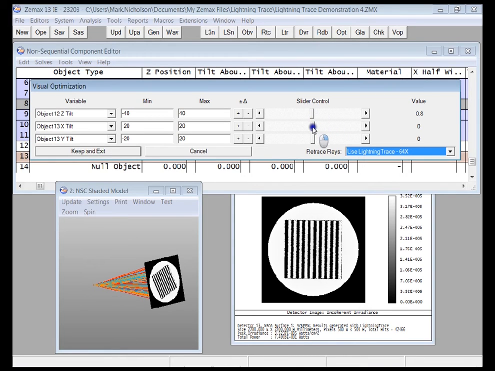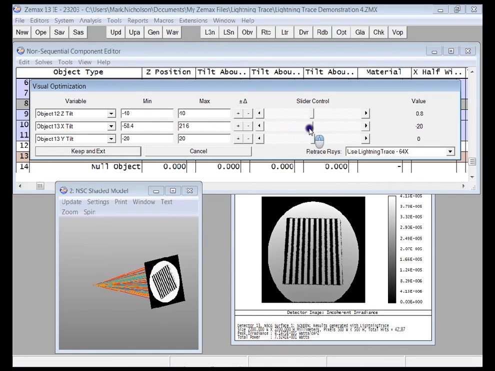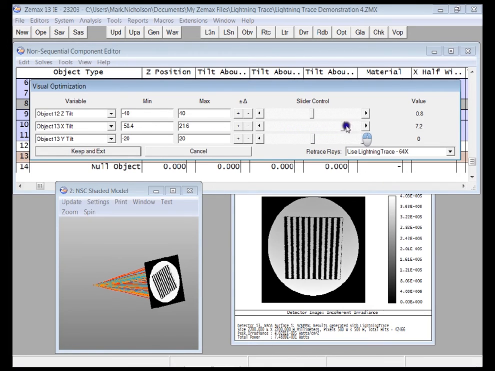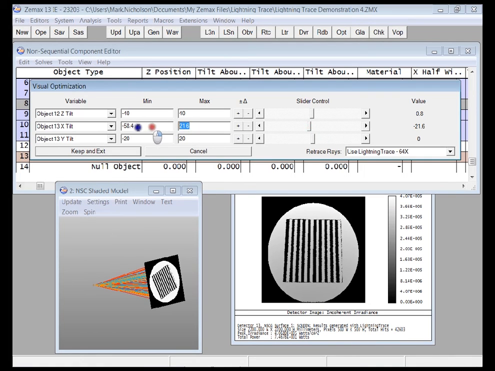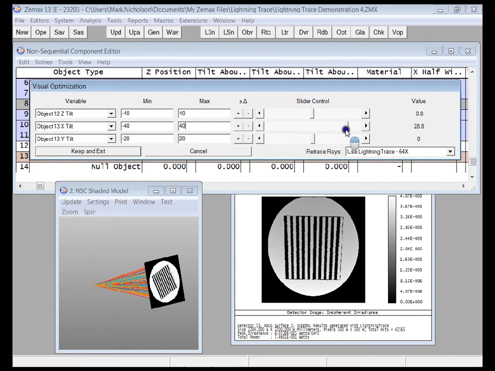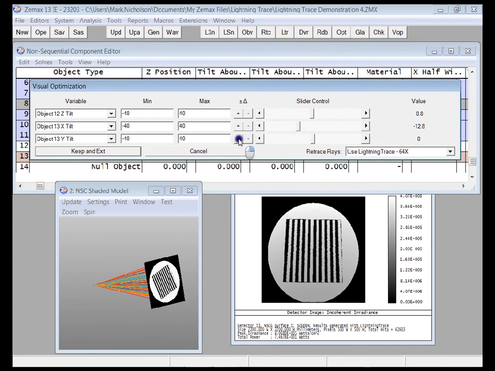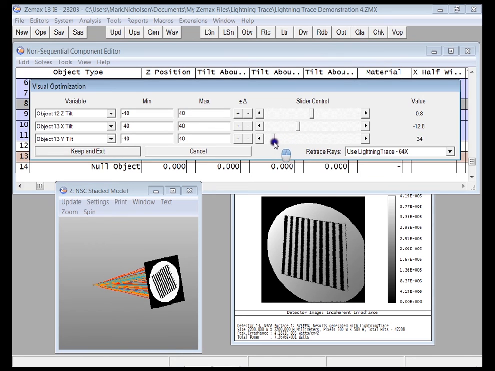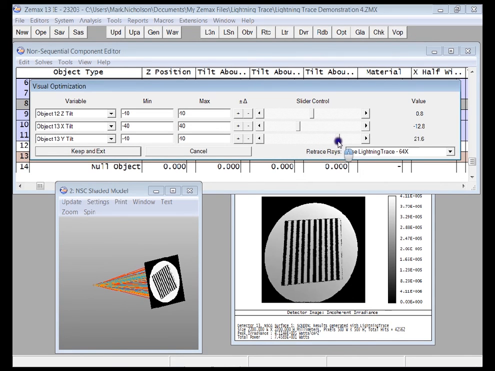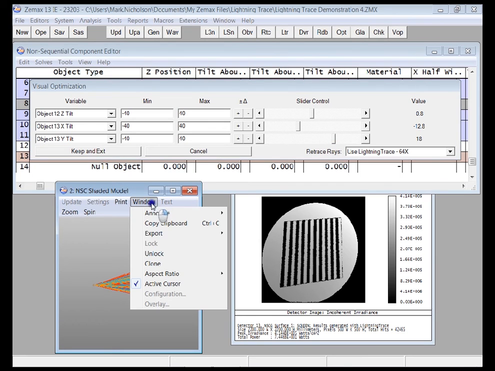And if I then start to tilt the screens, you can see the, let me make that a little bit bigger. You can see that the distortion, the keystone distortion, becomes really apparent. There, let me make that -40 to +40, and you can really see very apparent keystone distortion in all of this. And I'll do the same thing in Y as well. You can see distortion there, and if I just simply turn this back on,